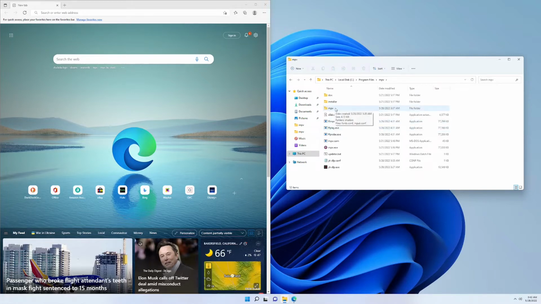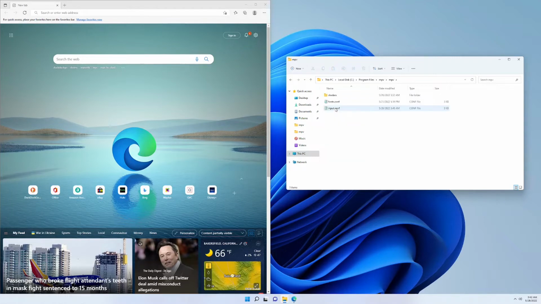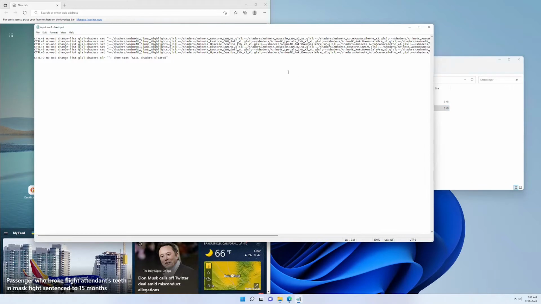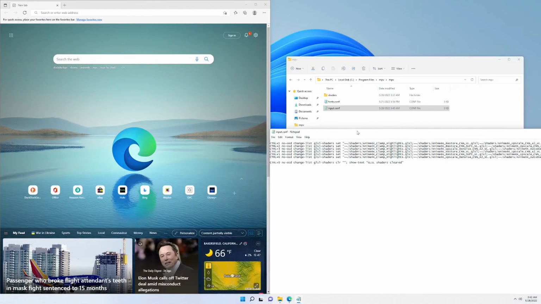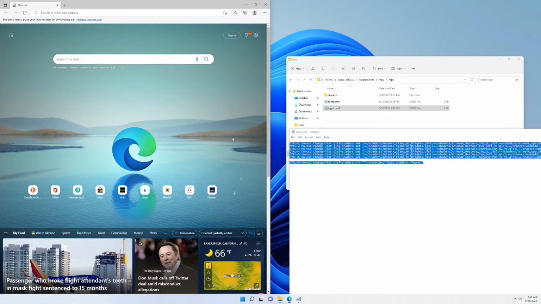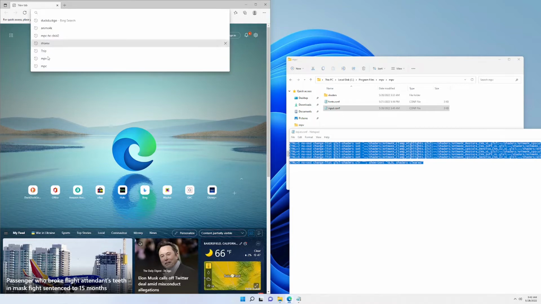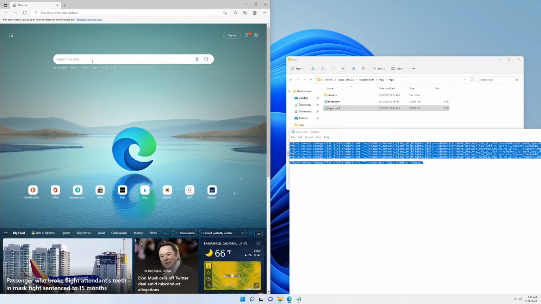Then we need to go to another MPV folder. And then we're looking for this input.conf file. We're going to open it up and then move it to the side because we're going to copy this text a little bit later. Next, we want to go to our web browser, and we're going to be looking for